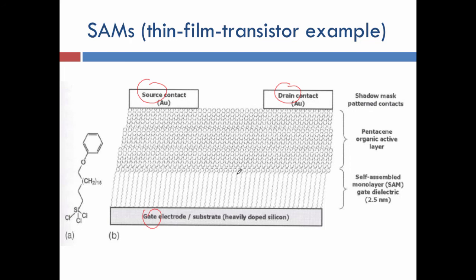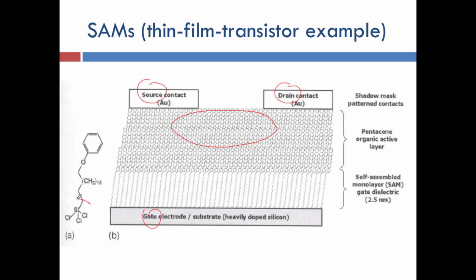And similar to the last transistor that we showed before, there needs to be an insulator between the channel, which really is this, where charge goes back and forth between the source and the drain, and the gate. And the gate controls how much current is going between these. Now, in this example, the SAM, or the self-assembled monolayer, is